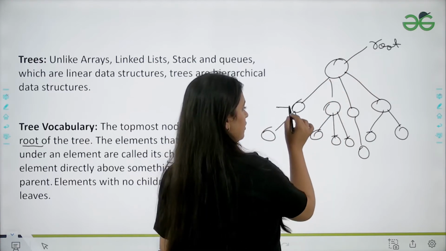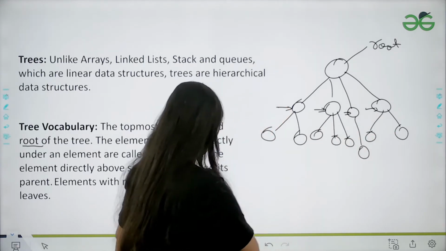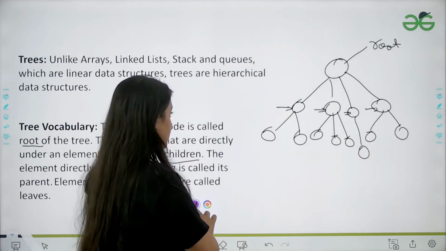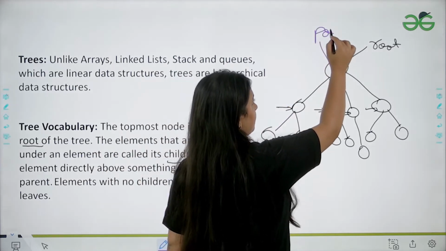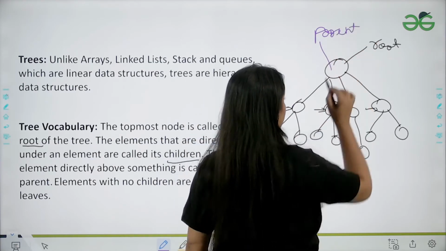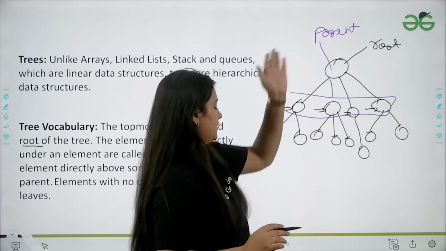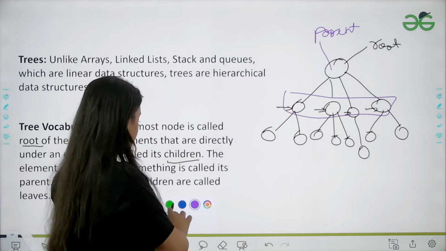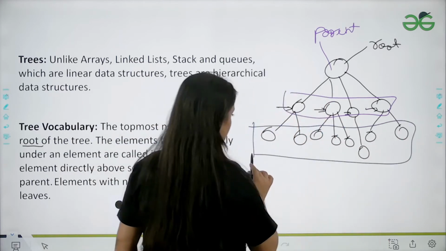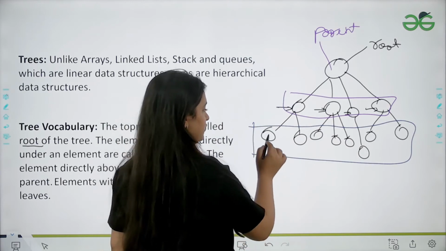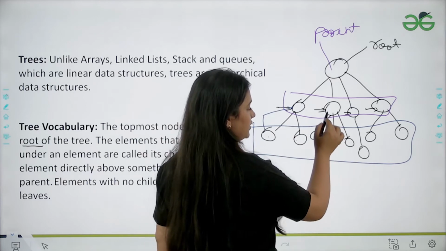And for all these nodes, this is the parent. So for all of these nodes, the parent is this. Similarly, all these other nodes have their respective parents. For both of these, the parent is this. For three of these, the parent is this.